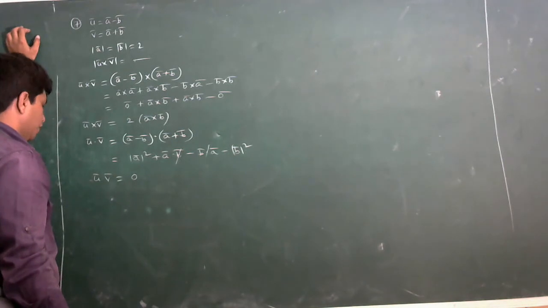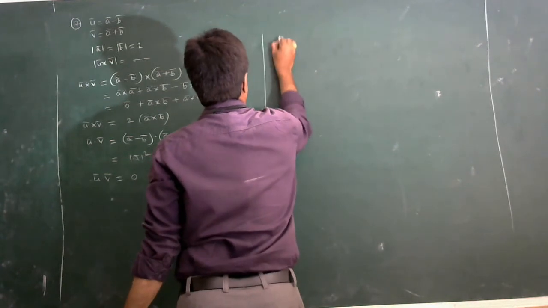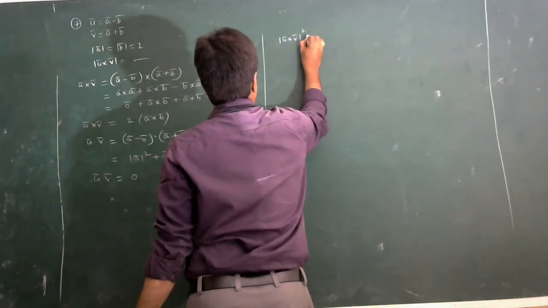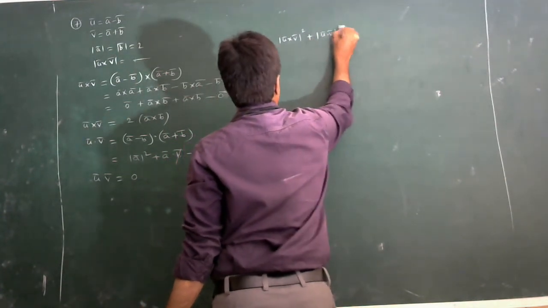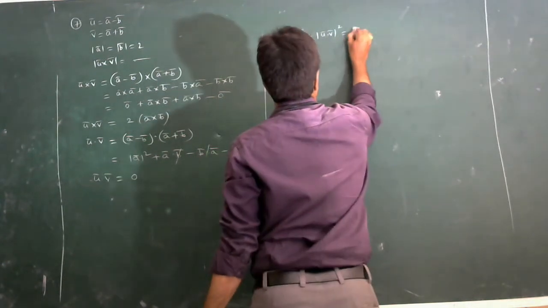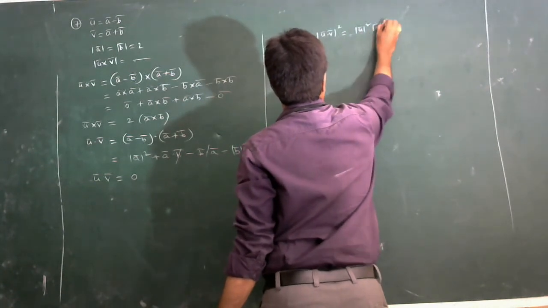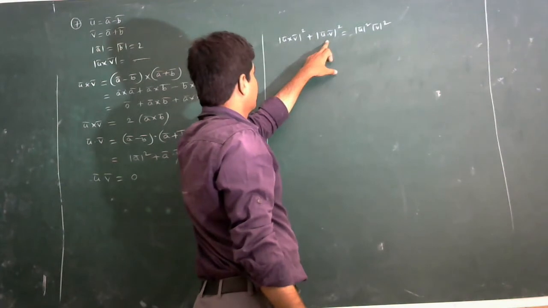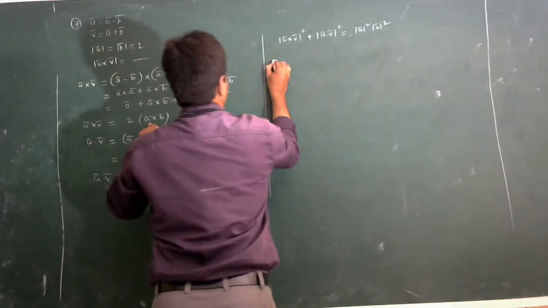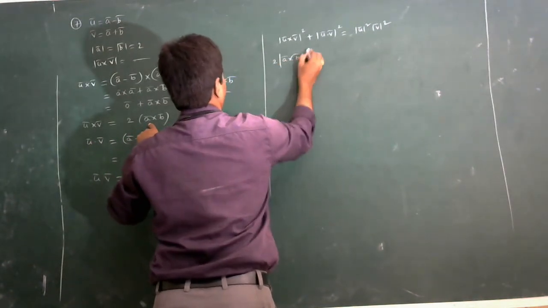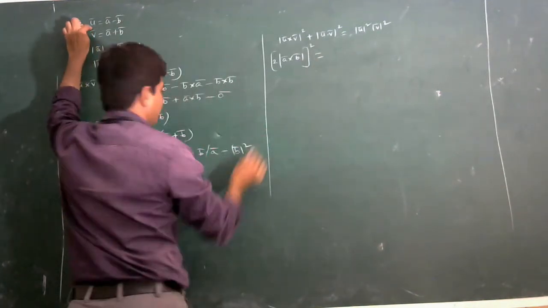Now I am going to write the condition. We know the formula: mod of (u bar cross v bar) whole square plus mod of (u bar dot v bar) whole square is equal to mod u bar square into mod v bar square. Because this is sin theta, you will get sin square theta plus cos square theta equals 1, with mod u square common. What is u cross v? We got it here. So this is 2 into mod of (a bar cross b bar) whole square. This is 0, leave it. Mod u square, mod v square I am doing separately.